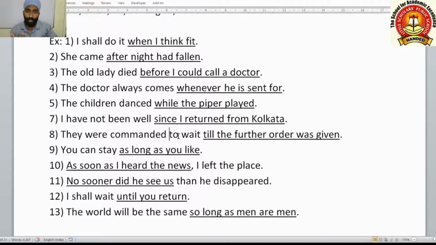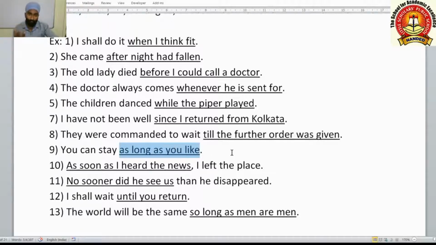They were commanded to wait till the further order was given. So here this is also telling the time: till the further order was given. Till then they were commanded to wait. So this is telling the time of this action, commanded to wait. Now, you can stay as long as you like. How long? As long as you like. So this is also telling